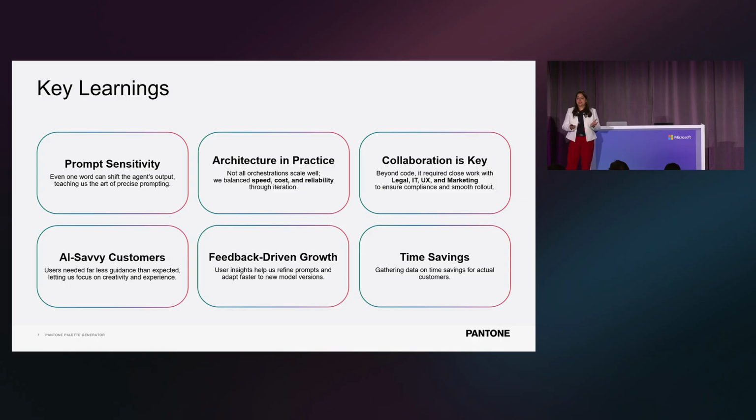Architecture is a practice, and that's true. We have 3 agents right now, and the team is working on adding more agents as we go. So we are continuously thinking about the speed and the cost and how to have a balance between all of them. If any of you are planning to launch your products, I would strongly suggest have collaboration with other partners. We had discussions with our legal team, marketing team, to make sure that we have checked in all the boxes for an enterprise product to go out and be available to our customers.